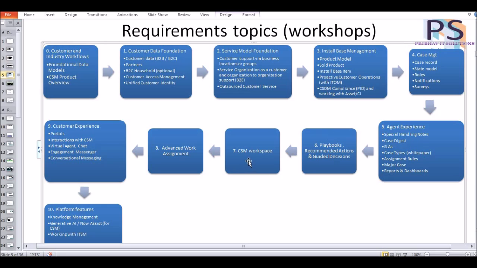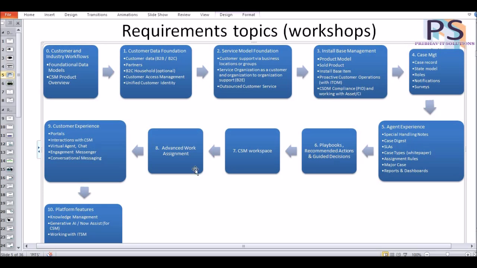So what all changes to be done in the CSM workspace, how the CSM workspace works, what all functionalities are there, all that is going to be discussed. And in subsequent sessions, we are going to discuss each and every requirement topic along with the implementation. So it will be a combined understanding of how to take up the customer workshops for all these topics, as well as how we are going to implement. So functional plus technical